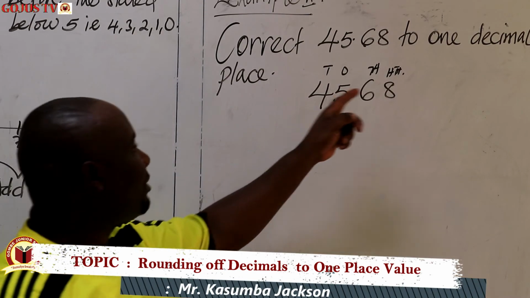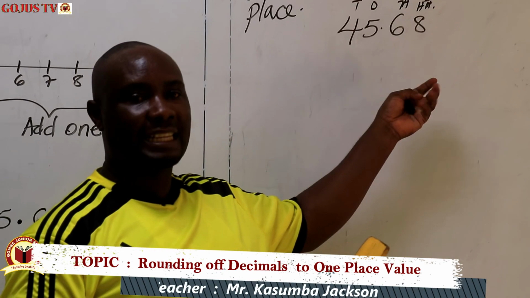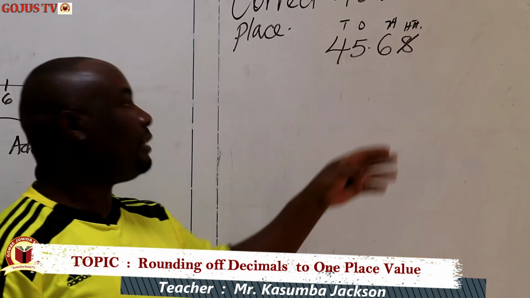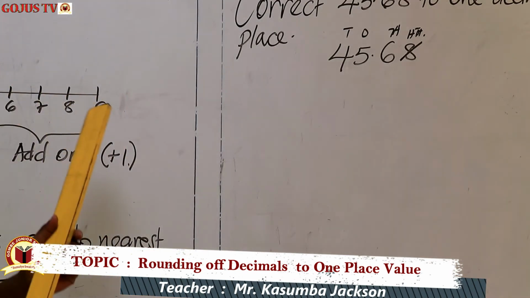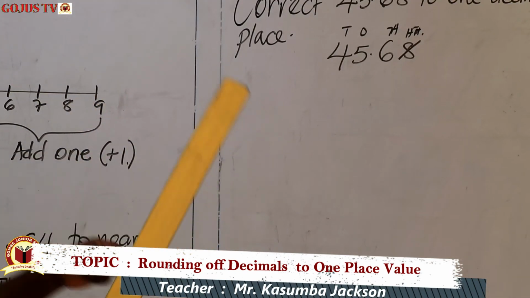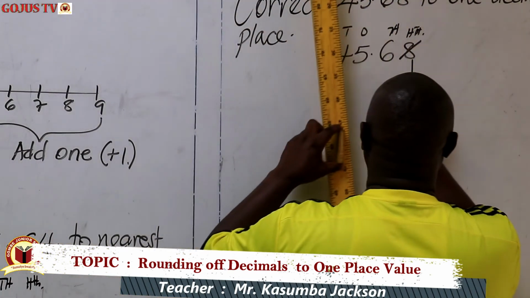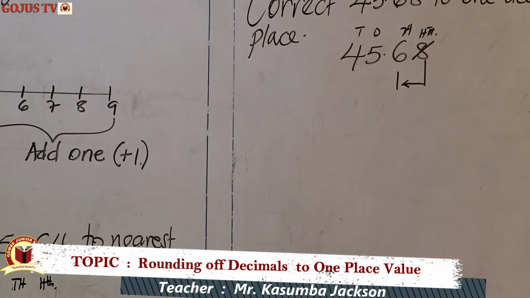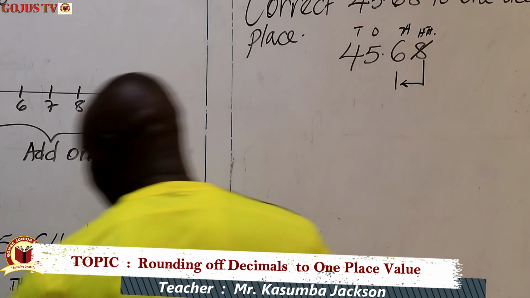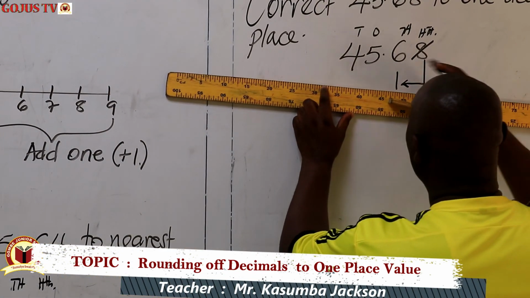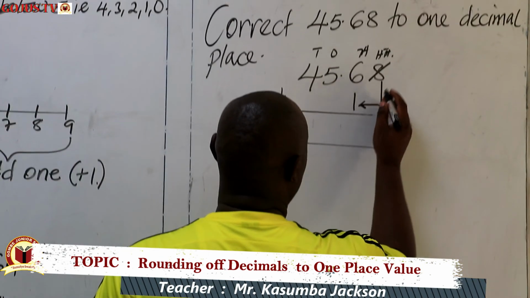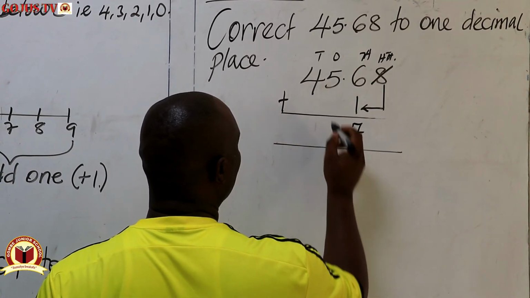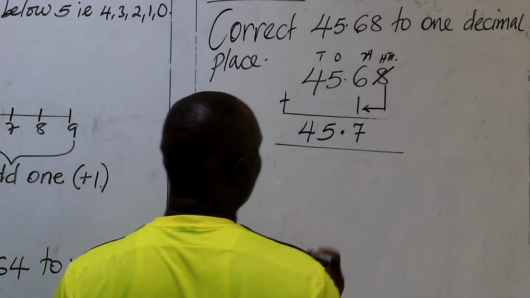Rounding off to one decimal place is the same as rounding off to the nearest tenths, which is this one. So the position of the number we must round off is the number that is on its immediate right. When I consider the number line here, I'm seeing 8 is under the category where we are supposed to add 1. So the moment I cross out 8, to round it to 1 decimal place, which is as good as the nearest tenths, you will see that we are adding 1, because that is what we are entitled to do for numbers that are above 4. So we add. This is no longer considered. Then we shall have a 7 here after adding 6 to 1. We put the decimal point. This will be 5 and this will be 4. So the answer becomes